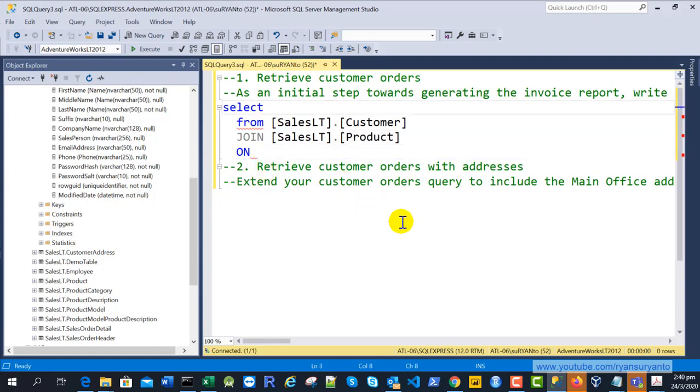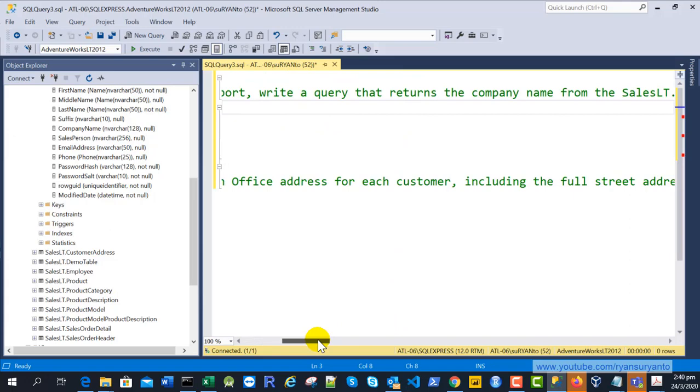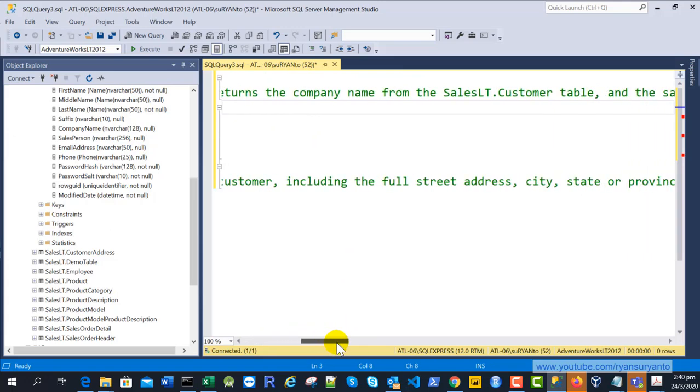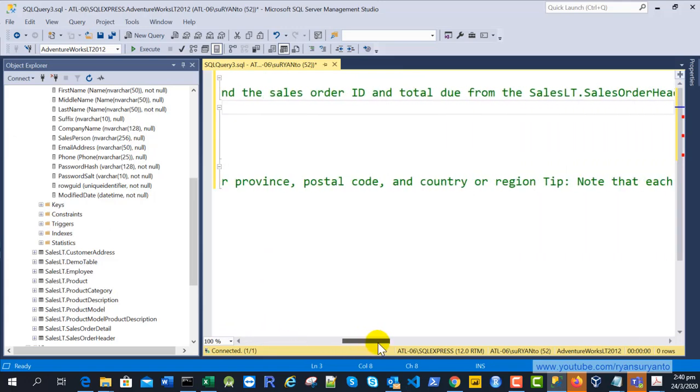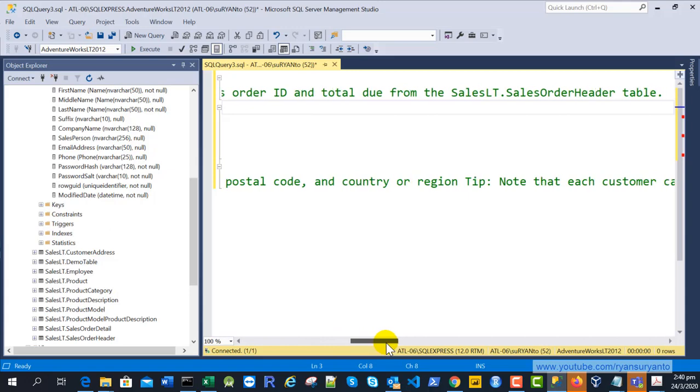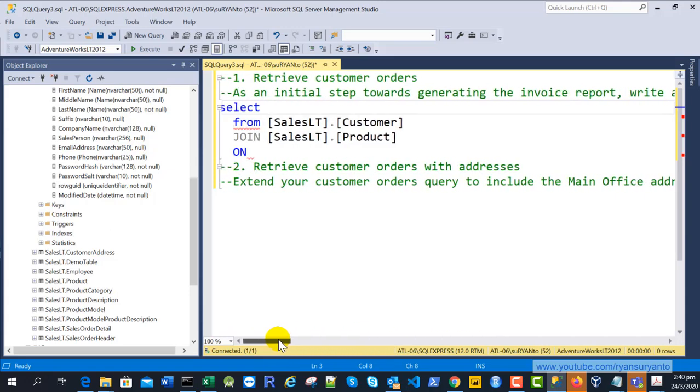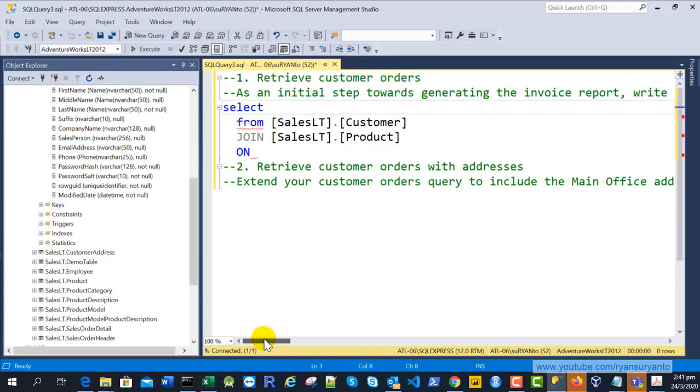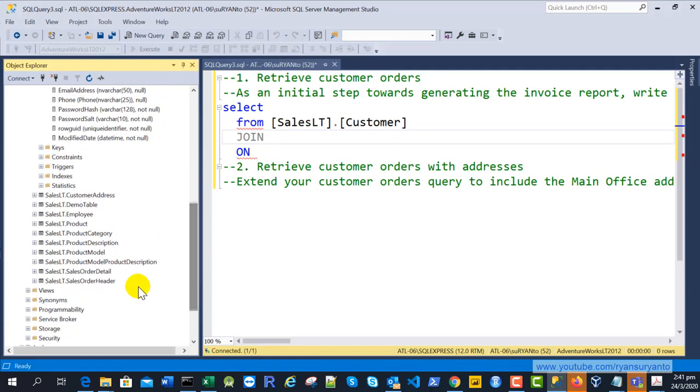The first is the company name from the customer table, and then the sales order ID and total due from the sales order header. Oh, sorry, I made a mistake. It's not the product but the sales order header. So we remove this and go to the sales order header.